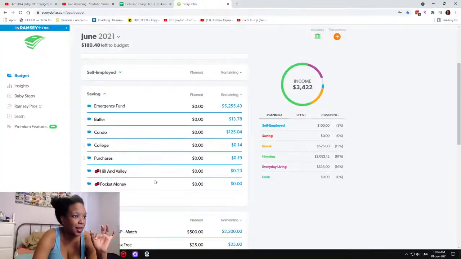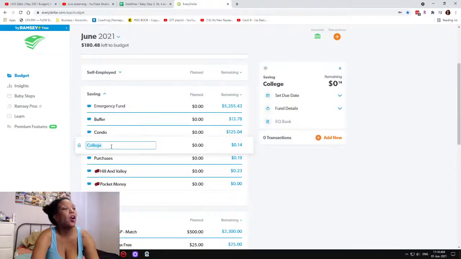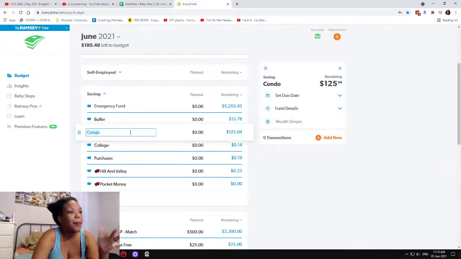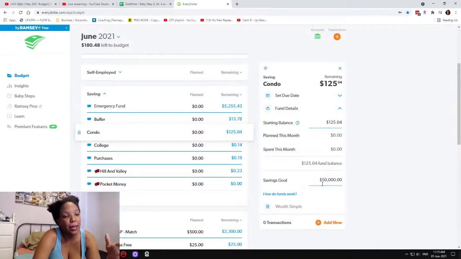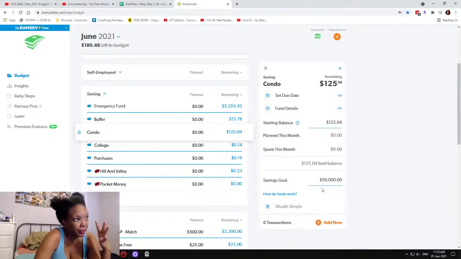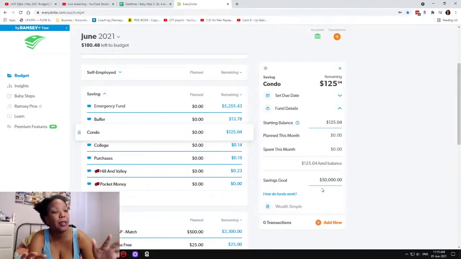Driving me nuts. And then I had this wonderful idea that I want to go back to college. Great. So in the budget, I'm saving for college. Here, I made a college fund account to save for college. And I'm also saving to buy a house. I put a category in there to save for my down payment on a house. And the down payment I need for a condo would be minimum $50,000.